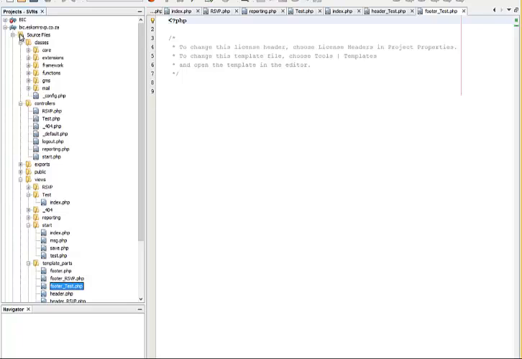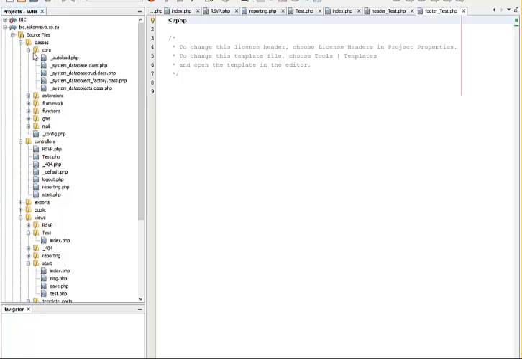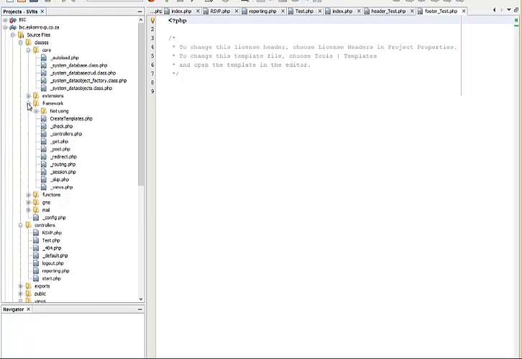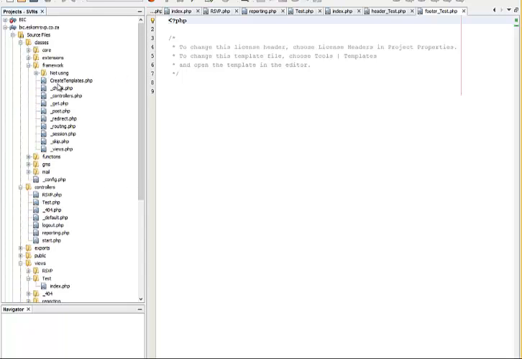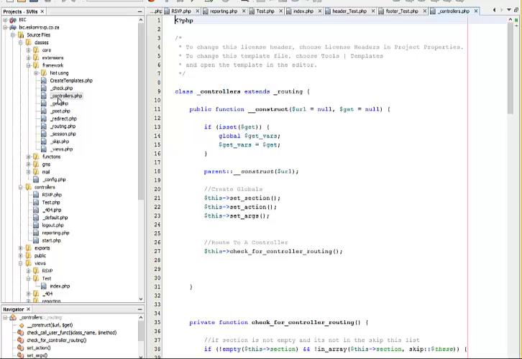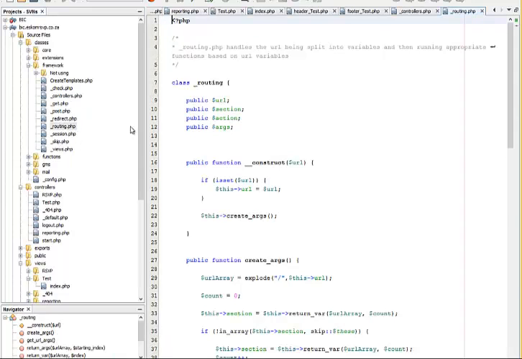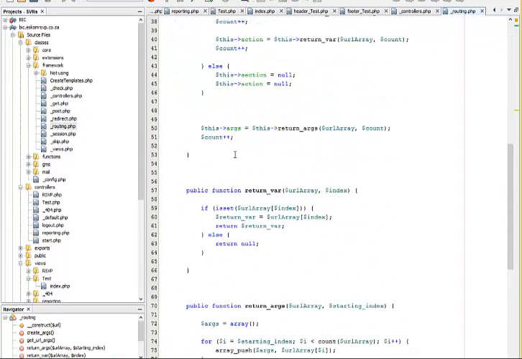If you need to extend, it should be fairly simple. You just have a look at the core files. Have a look at how I've set up my framework. So there's a framework folder in classes, and here you'll see the controller's instructions on how to run the controllers is in controllers.php file. How to route everything is in the routing file, so that's how it's going to